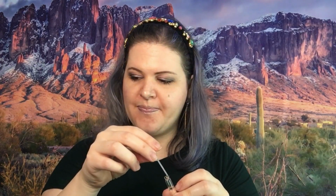Okay, I do like this because it definitely has a floral scent, but I can smell the orange in it. So yeah, I do like this. I will definitely be wearing that, and I like sticking these small little samples in my purse, because sometimes you go out in public and it's a hot day and you be stinking, and that is an excellent time to pull out one of these. So yeah. Next item we have is